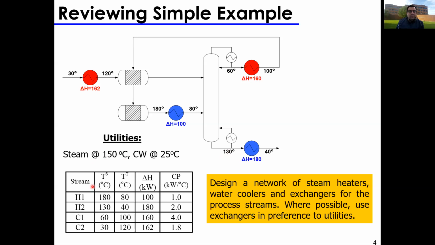And you're given the stream information, which is the source temperatures of all the streams, the target temperatures of all the streams, the enthalpy change, and your mass heat capacity. And if you recall, your original objective was to design a network of steam heaters, water coolers, and exchangers, which we did not achieve last time in a systematic way. What we did last time is we just found the pinch point, and we found the minimum energy requirements. So we said,